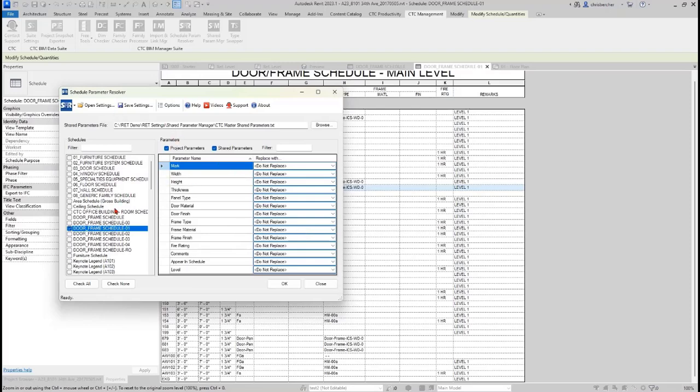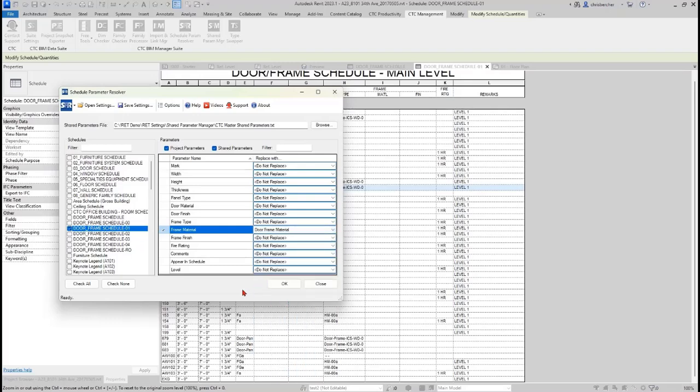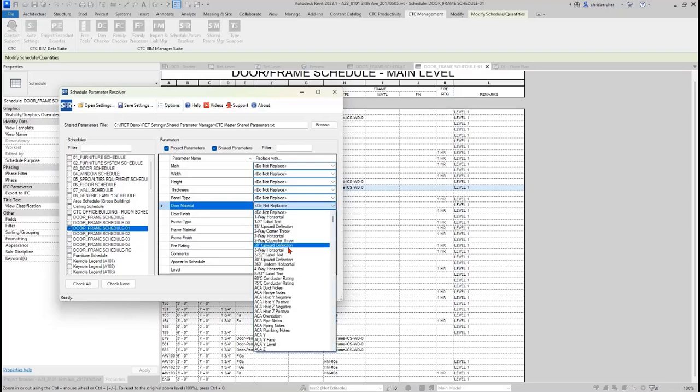So the schedule parameter resolver's sole purpose is to help you update your schedules to use the proper parameters, whether you've just gone through this exercise or not. We're just trying to use the proper stuff from the parameter file. Because I made some significant changes and updated content, this is another great way to help you incorporate that new change into your process. So if I go track down door frame material and door panel material,